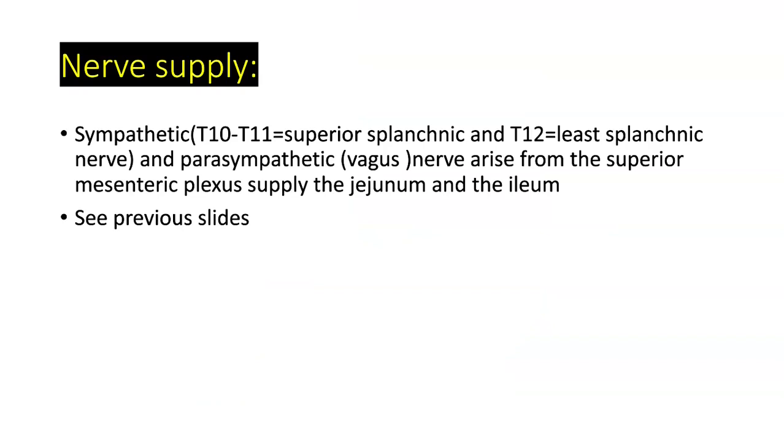Nerve supply of the jejunum and ileum is from the T10 to T11 greater splanchnic nerve and the T12 lesser splanchnic nerve sympathetically, while parasympathetically they are supplied by the vagus nerve, which is further anastomosed with